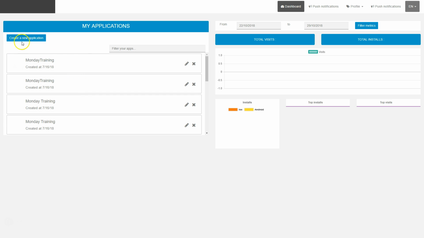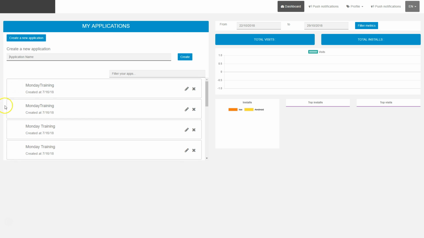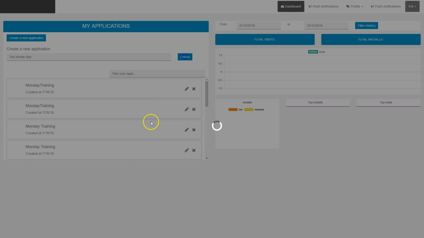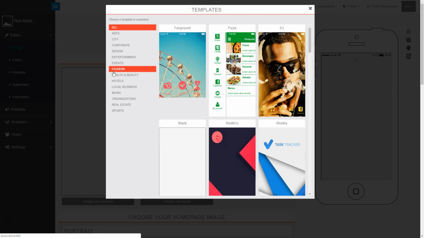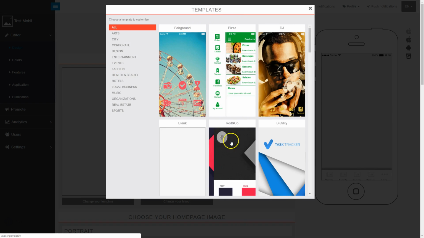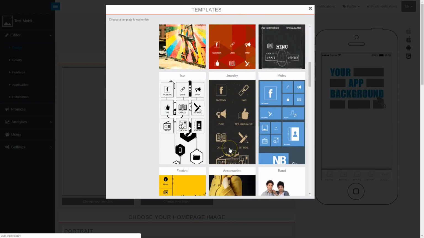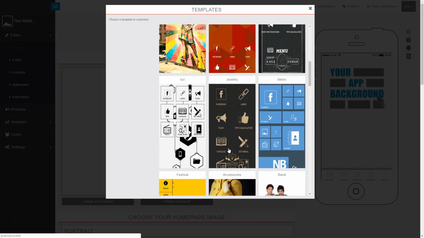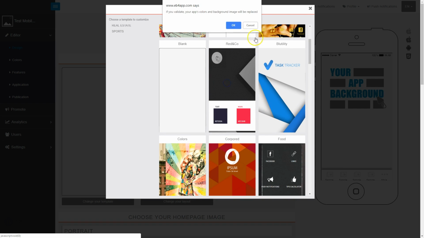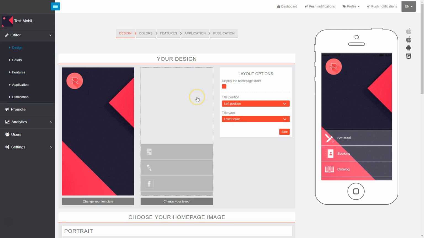To create your first application, you just need to click Create New Application, and then name your application, and then click Create. And now that takes you inside of the mobile app builder, and the first thing you need to do is choose from a template, and there's several to choose from. Just click any design that you like, go ahead and click right on the design, and then click OK. The mobile app platform will pull the design in that you chose,